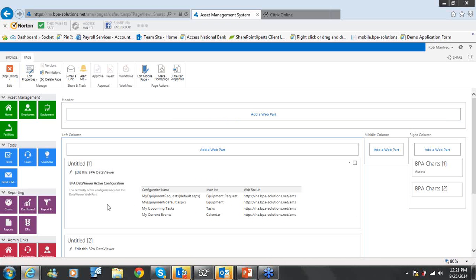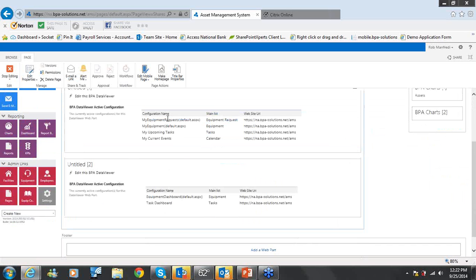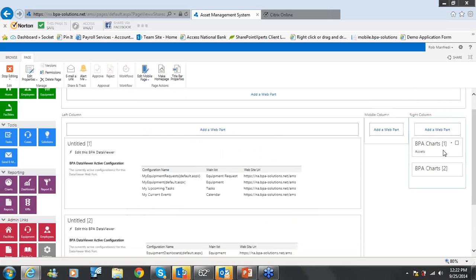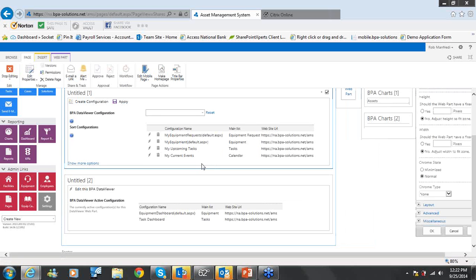So here is the first data viewer web part. This is the second data viewer web part, and these are the different configuration names that are used to show the information within those tabs. We can see over here on the right we've got our 2 charts, and then the navigation web part over here on the left. Let's go ahead and edit the data viewer, and we can see within each of the configurations